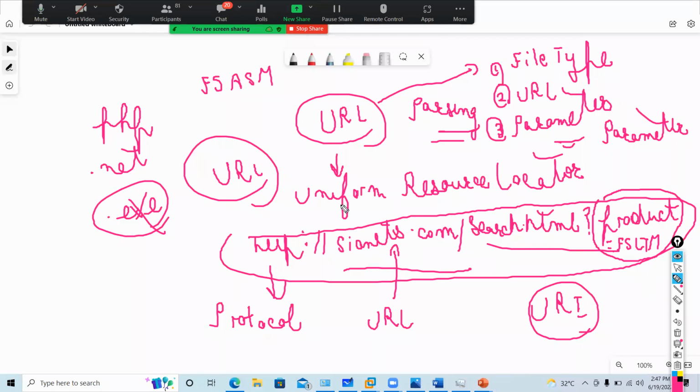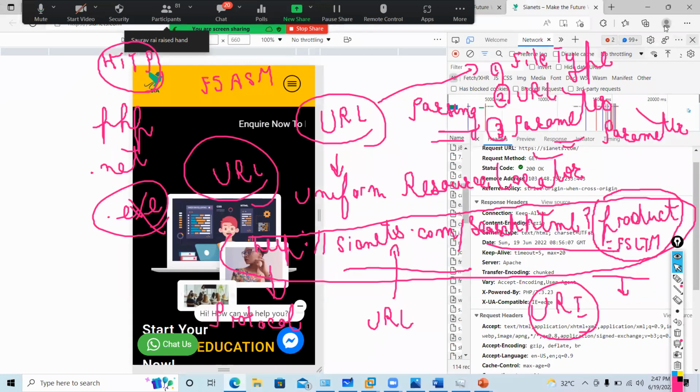So ASM deals with all HTTP related objects. So HTTP is a combination of your URL, file type, and parameter. Let's say I want to enter product equal to F5 Ltm. So when I access this website, I will open the website, you will come to know.